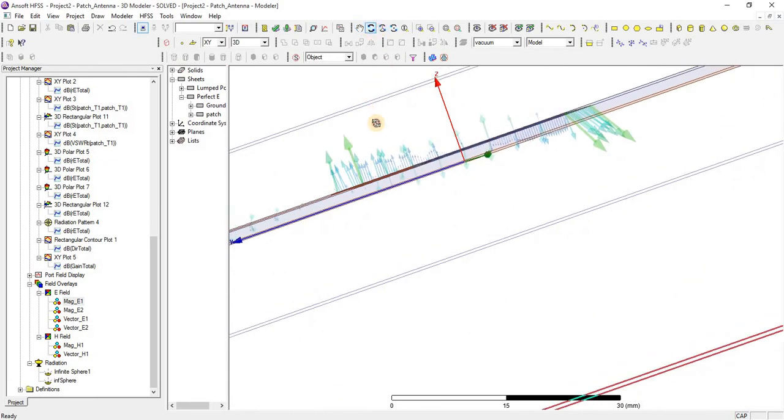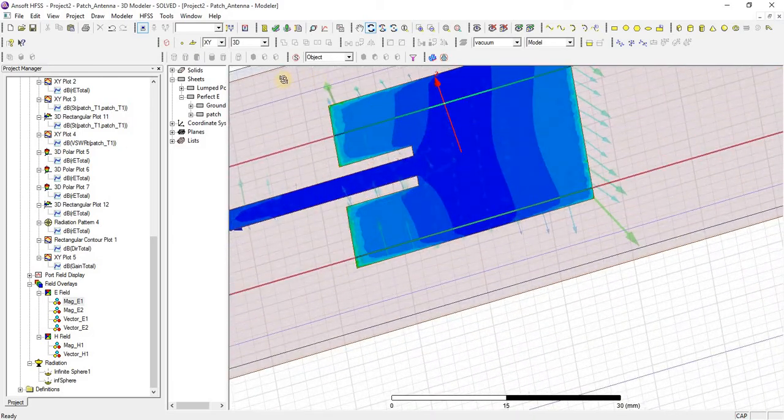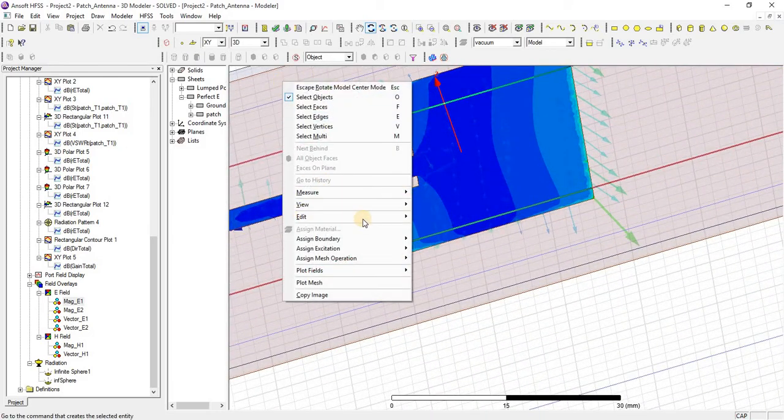How we can insert the 3D polar plot radiation on the design. Just right click and go to radiation field.